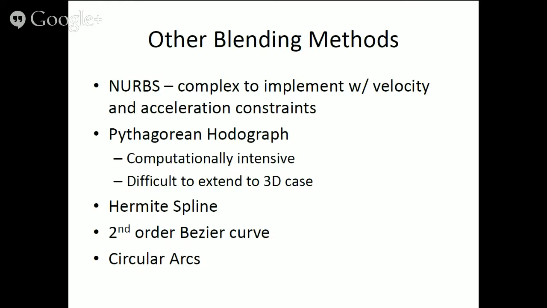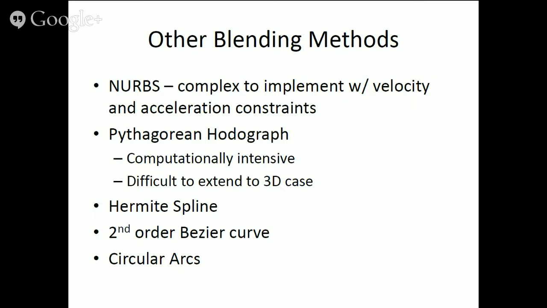We also looked at, what alternative methods do you have? If we're going to do the blending ourselves, what techniques could we use? And industry standard seems to be the NURBS, non-uniform rational B-spline, which the qualitative conclusion was to implement blending with NURBS segments. Handling all the velocity and acceleration constraints was challenging, for reasons I'll get into in a bit. And there's other approaches that essentially they're all spline-based, things like Pythagorean hodograph and Hermite splines, and even Bezier curves. Those, in theory, offer a lot of nice features, but are challenging to work with and were challenging